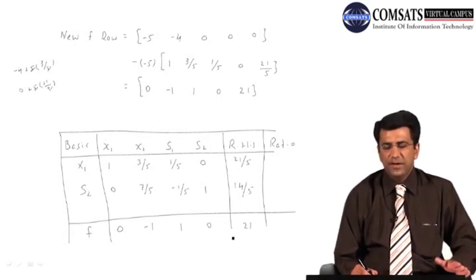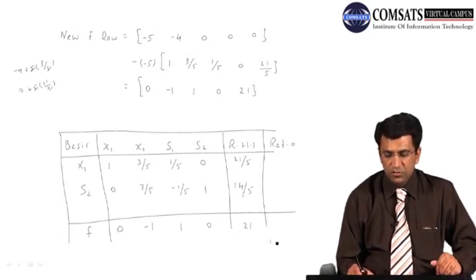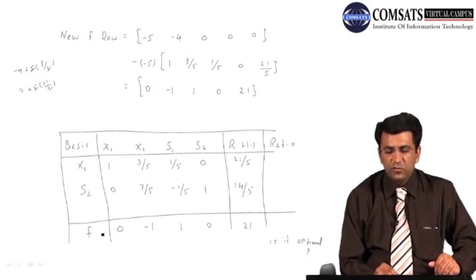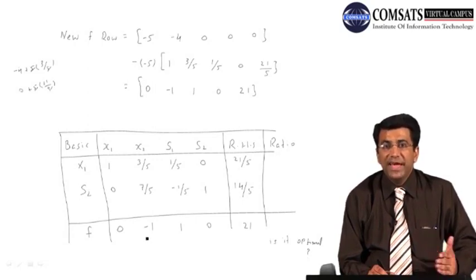Now class, we have filled that particular table, and again we first have to find out whether it is the optimal solution or not. Again we will refer to the coefficient values of the objective function. Again there is a negative value, so it means that it will not give us the optimal solution. We have defined the condition for optimality in the maximization case, that all the coefficients of the objective function must be positive. But in this case there is a negative value, that is -1, so this particular table will not give us the optimal solution, and we have to formulate another table.